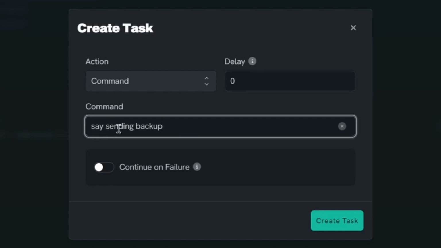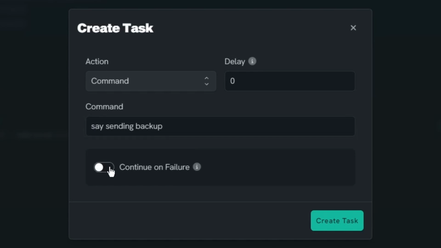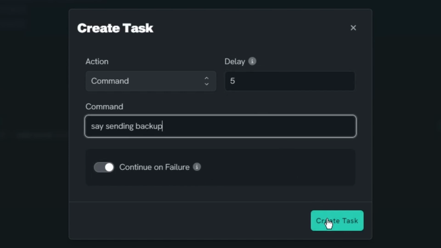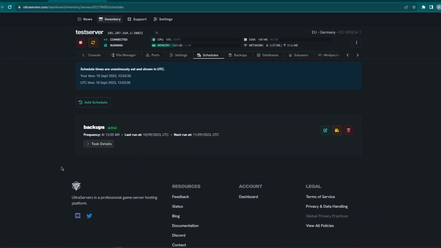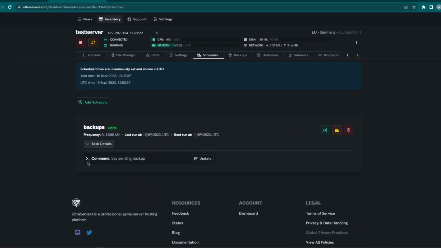Continue on failure just means that if it doesn't work, future tasks will still take place regardless. So you can add a delay as shown in the top right here, which will basically give a delay on the scheduled backup time. So now you can go ahead and create your task. And by clicking the task details button here, we can see that our task has been added to the schedule.